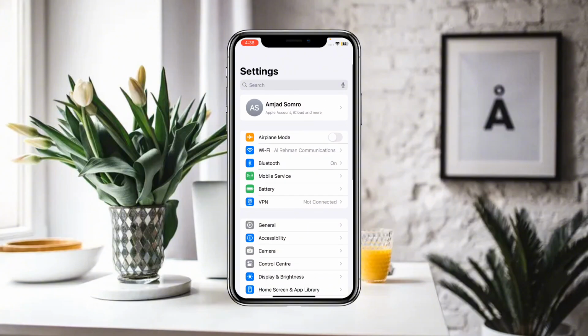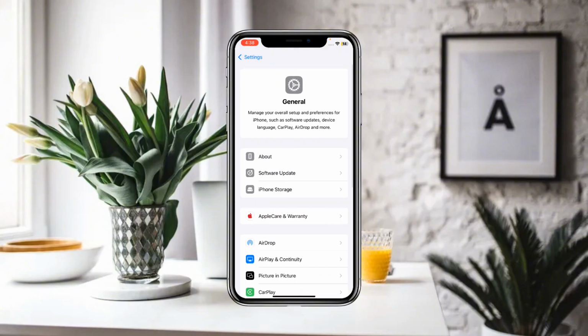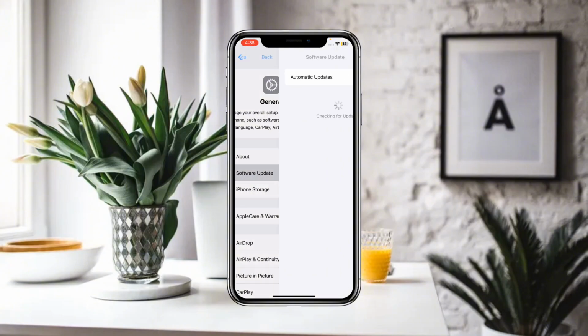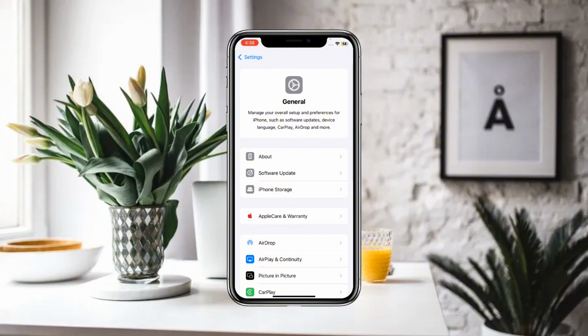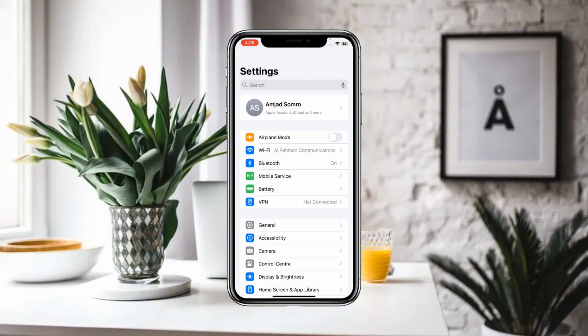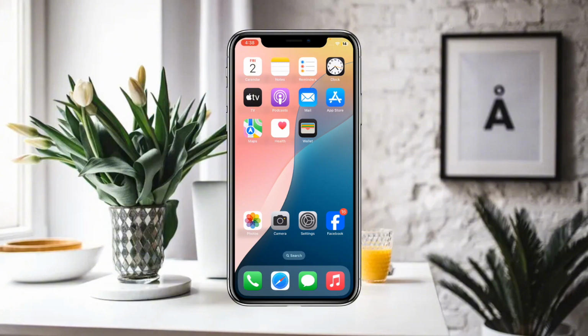Now you have to make sure that you have installed the latest version of iOS on your device. For this, you have to click on general, and after that you have to click on software update, and make sure that you have installed the latest version. And after that, what you have to do next is make sure that you have opened the